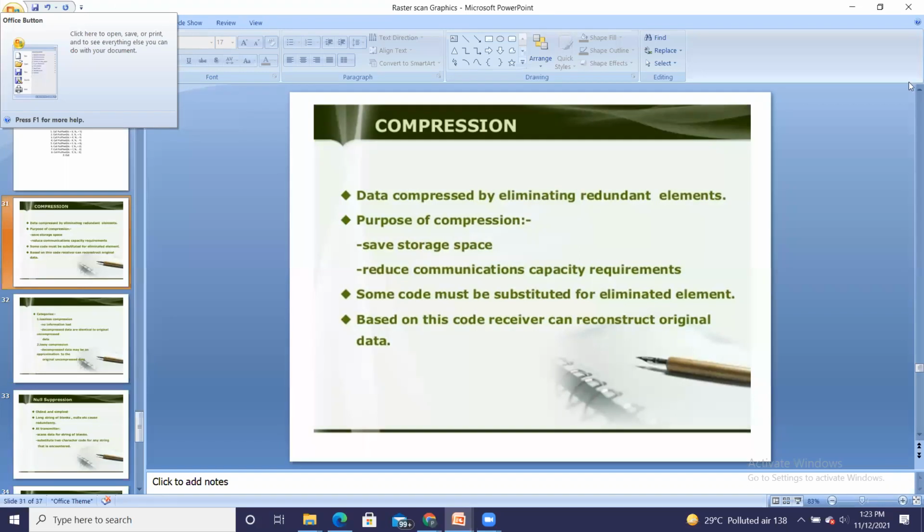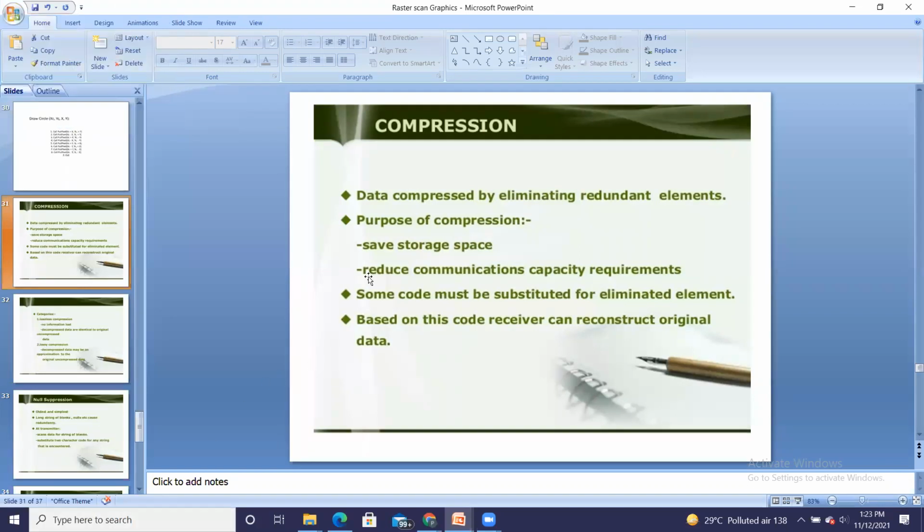Here the compression is nothing but data compressed by eliminating redundant elements. Redundant elements is a very important thing: we eliminate the redundant elements and the data gets compressed. Why is compression required? To save the storage space, obviously.